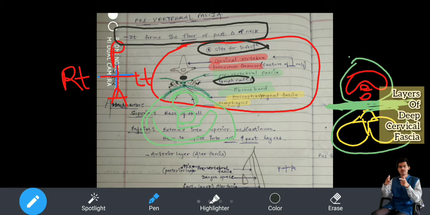Now the posterior triangle, you see, is formed where the prevertebral fascia is in the posterior half of the neck. If you cut the neck through the middle in the coronal direction, I mean parallel to the coronal plane, you will see that the prevertebral fascia is in the posterior half, and the pretracheal is in the anterior half. Can you see this? This is the anterior half.